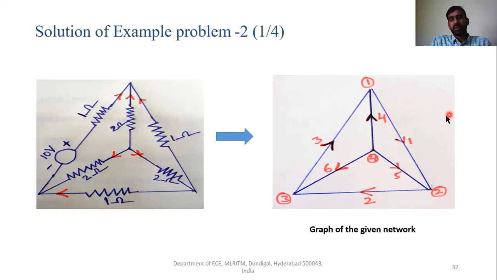Right? So naming of branches and nodes can be of your choice. You can name according to your convenience, right? Now one point you should remember: the matrices which you are going to obtain may not be the same for all cases. One person may consider the node numbers differently, and you may consider them differently. If I consider node number 1 here, I will get one kind of matrix. If I consider node number 1 here instead of 3, I am going to get another type of matrix. So don't get confused.